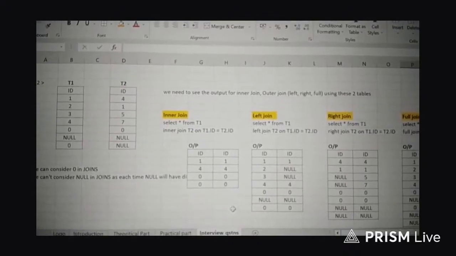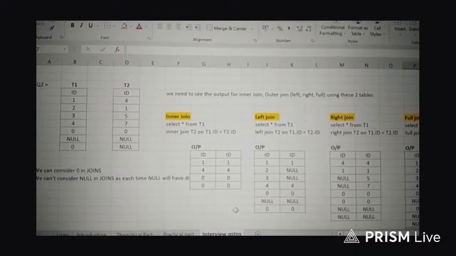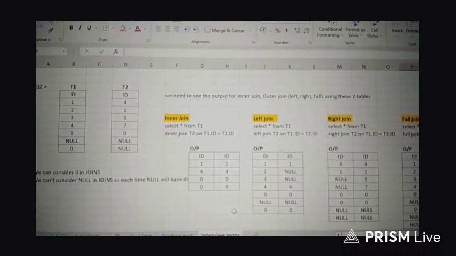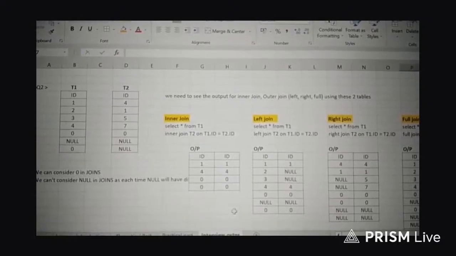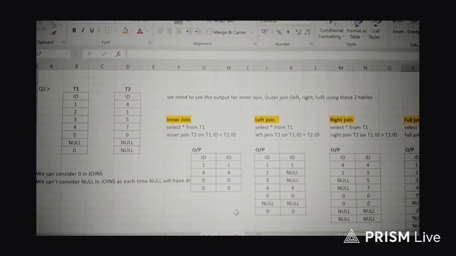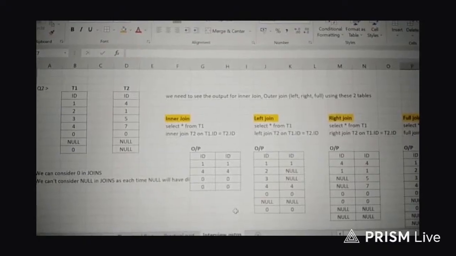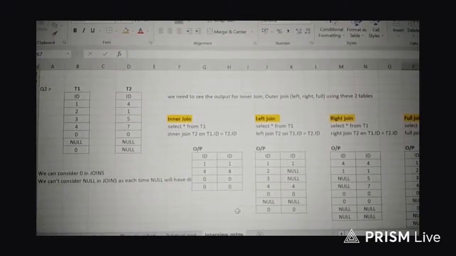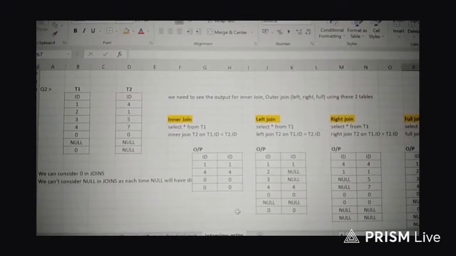Move to left join. In the left join output, we can see the inner join output also. Other than that, the mismatch rows in the left table, which is the T1 table, those values we can also see in the left join. So as we know, 1, 4, 0 are the matching rows between T1 and T2.